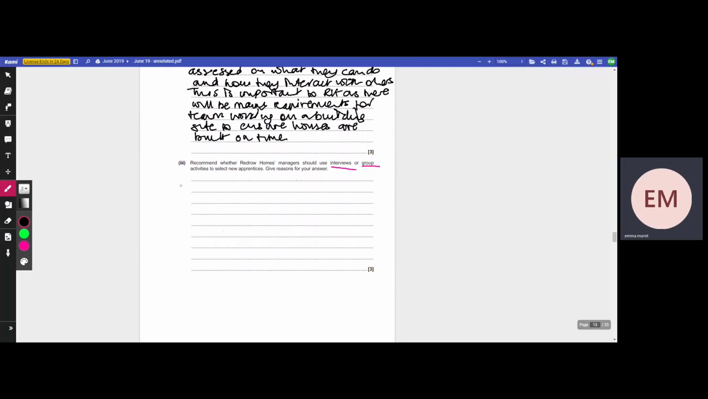I think I'm going to go group activities because I think it's more important that they are demonstrating their skills because it needs a lot of collaboration on the building site. But just go for the one that you feel that you could write the most about, okay, because there is no right answer. But again, it needs to be a clear recommendation. I recommend group activities, okay. This is because